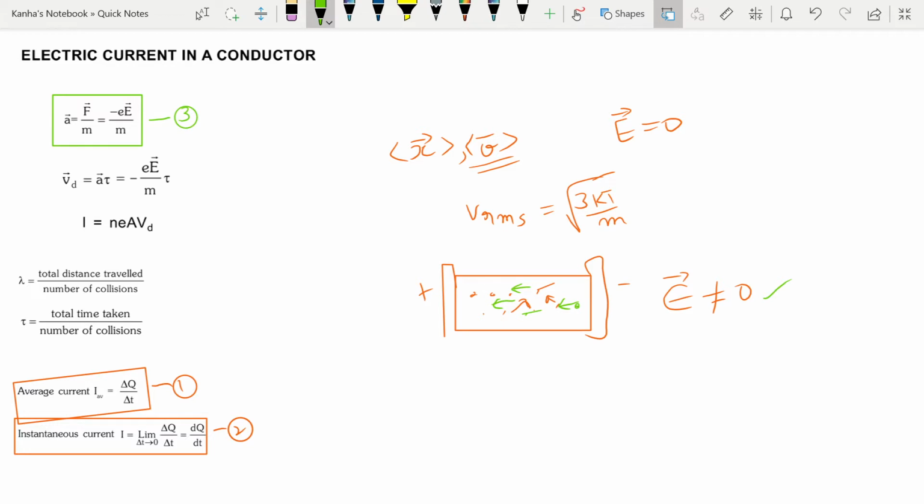Now we talk about the concept of drift velocity. This is an important formula also, and it has been asked directly in the papers. So drift velocity is defined as the velocity with which the free electrons get drifted towards the positive terminal under the effect of a potential difference applied across the ends of the conductor. My electron generally has thermal velocity, but now because I have given it an acceleration by applying a force, the electron acquires a velocity in the direction towards the positive terminal.